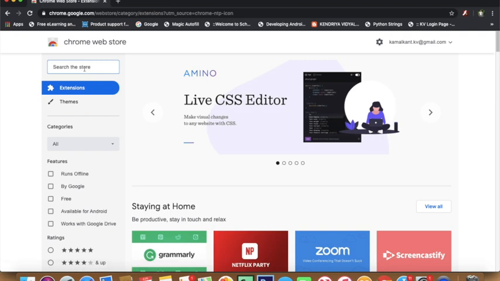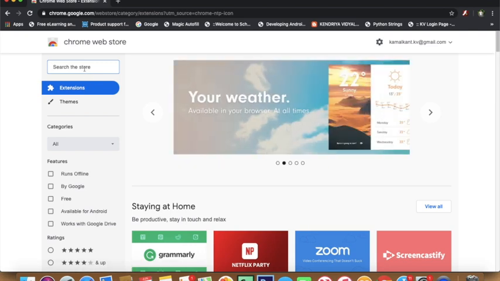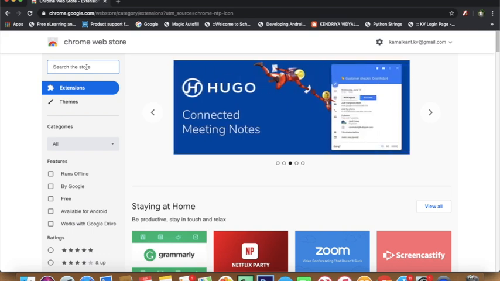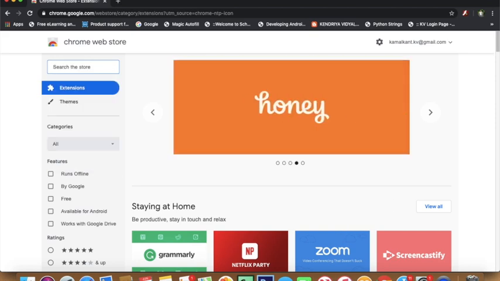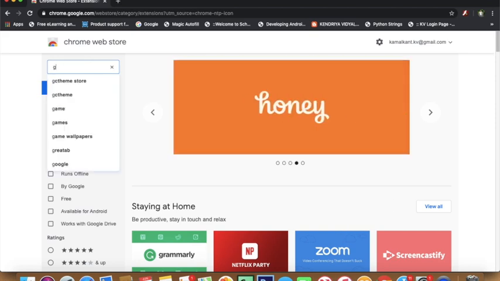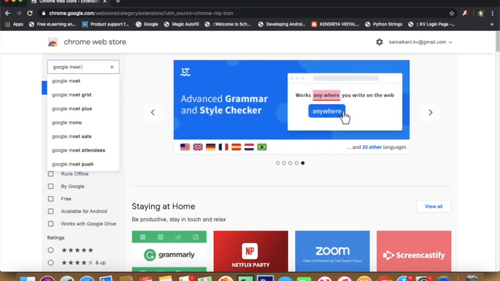To find that extension, what you need to do is simply search right here in the search bar. Just type blur Google Meet background blur.